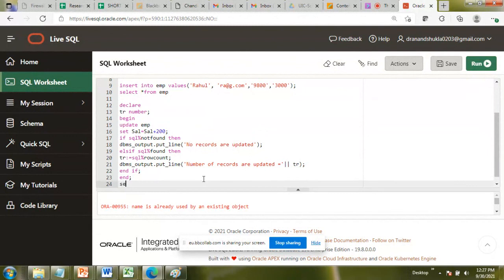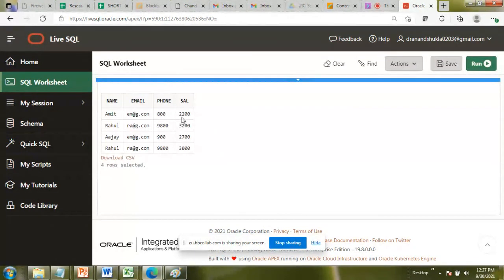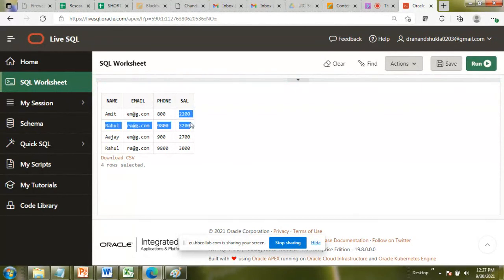Select from employee. Here I'm going to write select from EMP. Now see, the increment of 2000 is going to be, Rahul's had run twice.